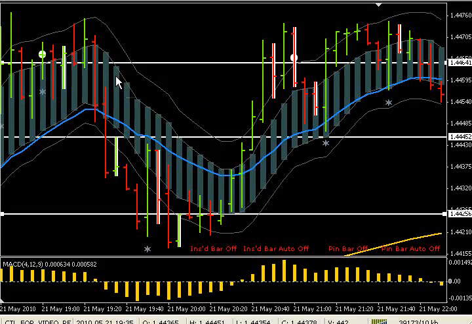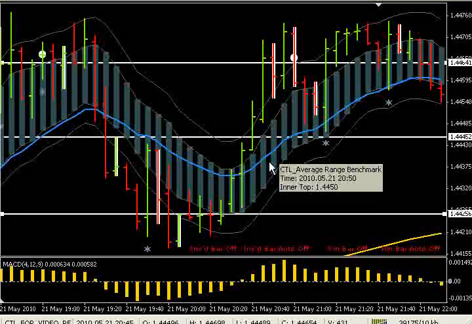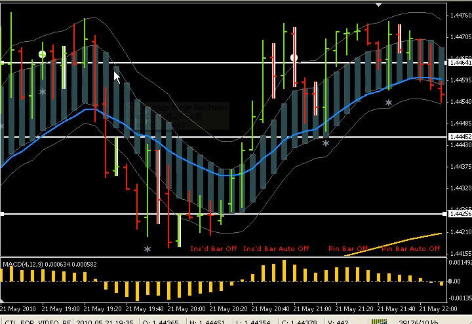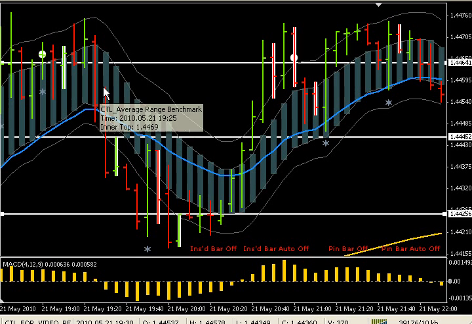So what are we looking at? Well, these bands are an indicator that's custom created by yours truly, and it's called the average range benchmark. What it does is it gives you an average range over a given period. The idea being that when a bar closes below the range, we're in a downtrend. So if you watch this, you'll see that when we have a bar close below the range, it tends to